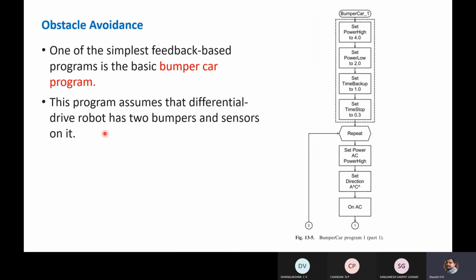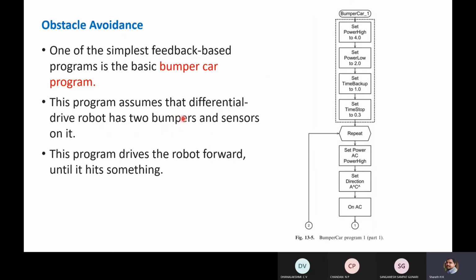Differential drive robot means you are using separate drives, 2 drives for 2 motors. It consists of 2 separate drive mechanisms.